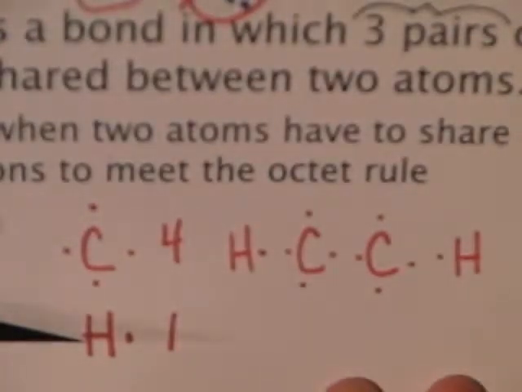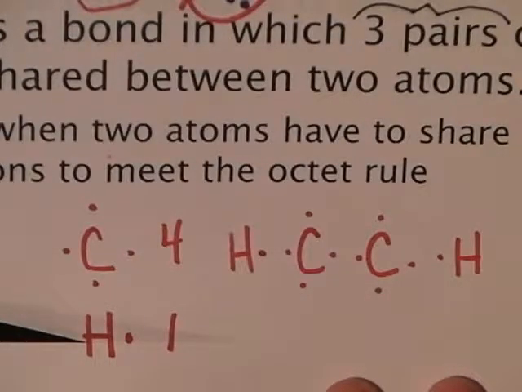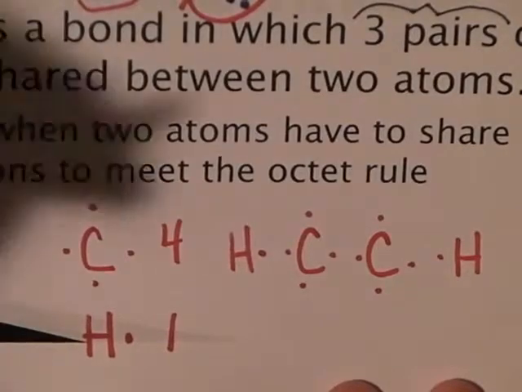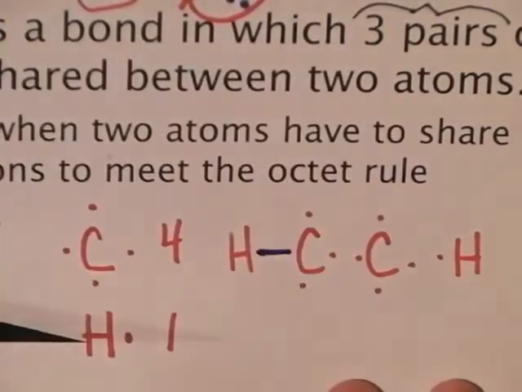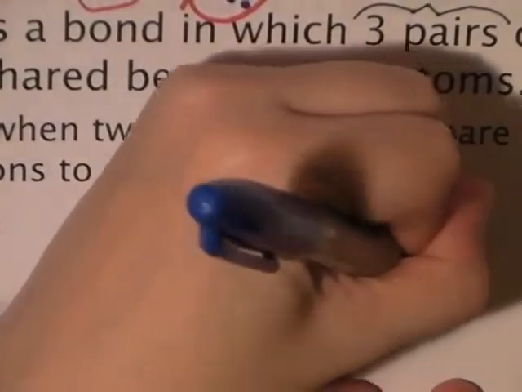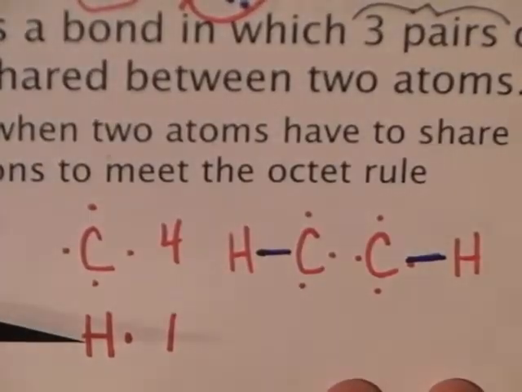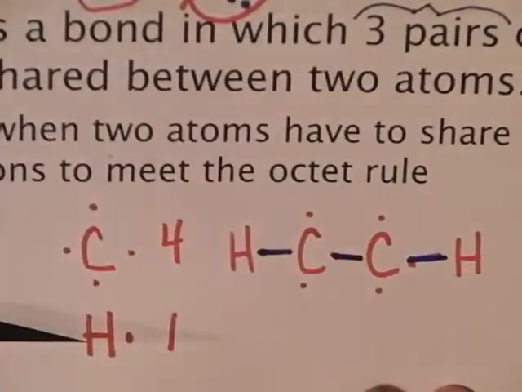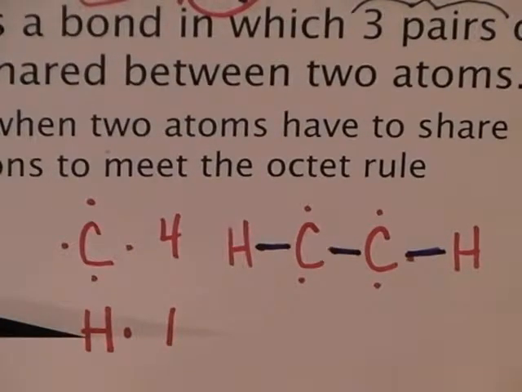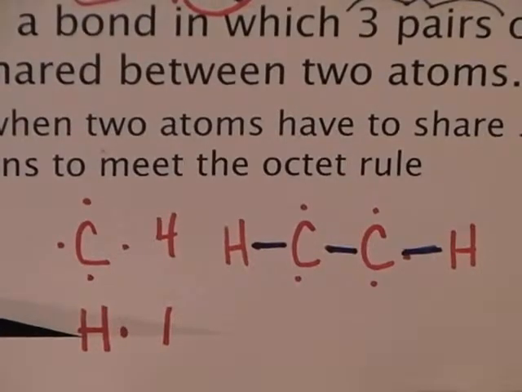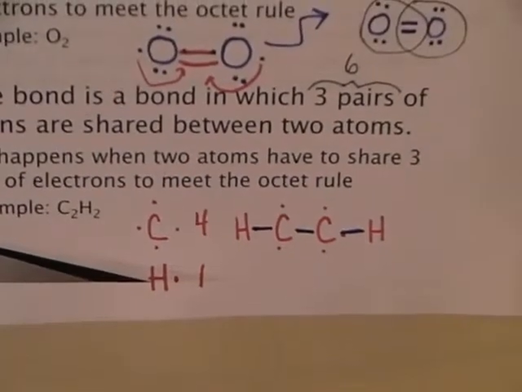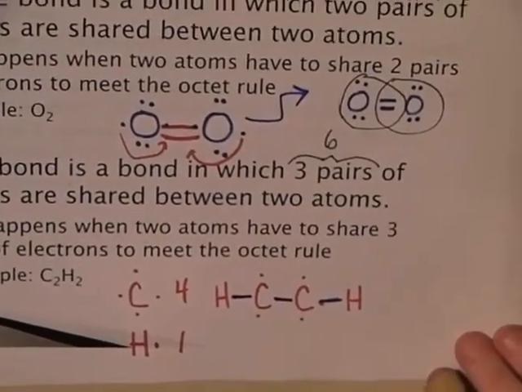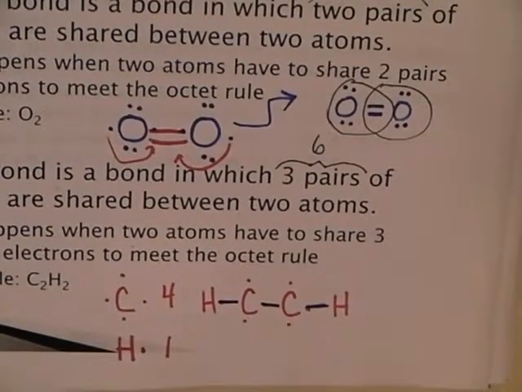and one over here. So now we can probably start drawing some dashes to represent where some bonds are going to form. The easiest ones to see, obviously, are going to be between the hydrogen and the carbon, this hydrogen and this carbon, and then between the 2 carbons, right? So far that's what we have going on. Now, a note you might want to make, and I'm going to zoom out a little so you can see me write this. Okay, a note you might want to make off to the side somewhere,